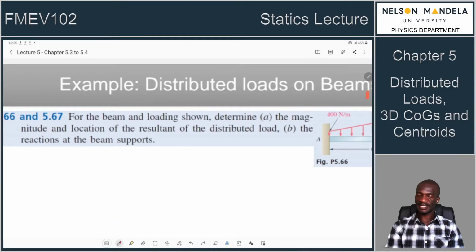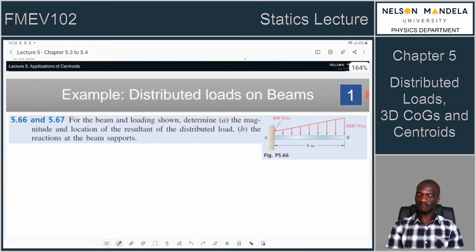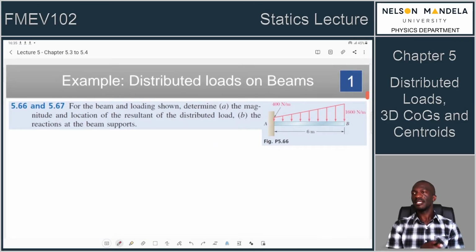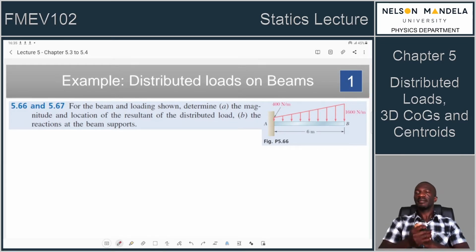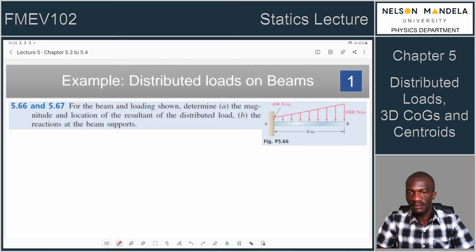Right, so an example of applying the principle on distributed loads is in question number 5.66. Question number 5.66 states, for the beam shown,